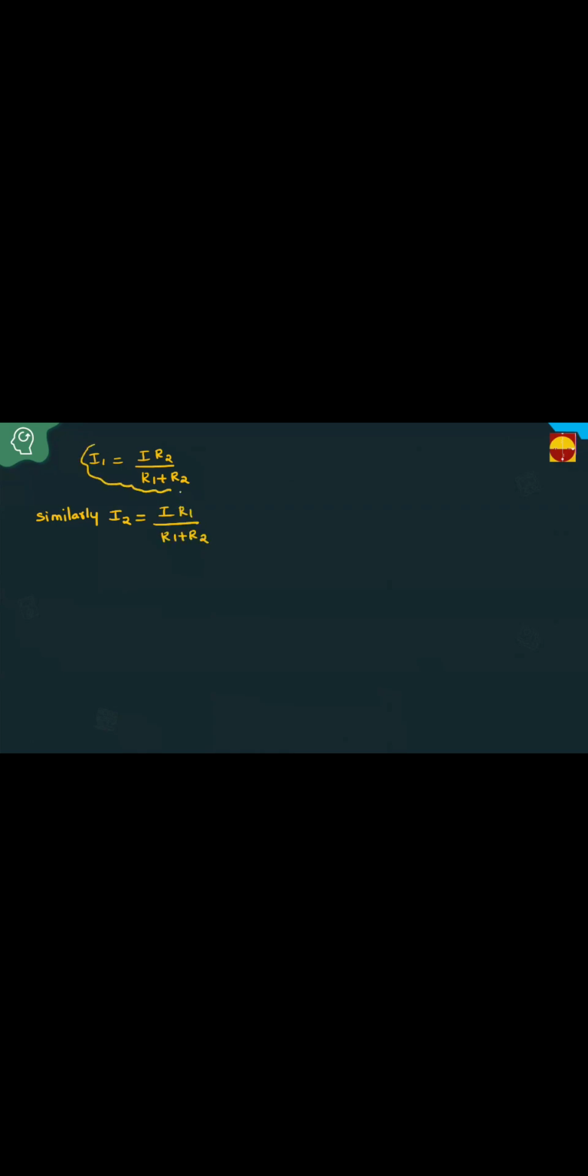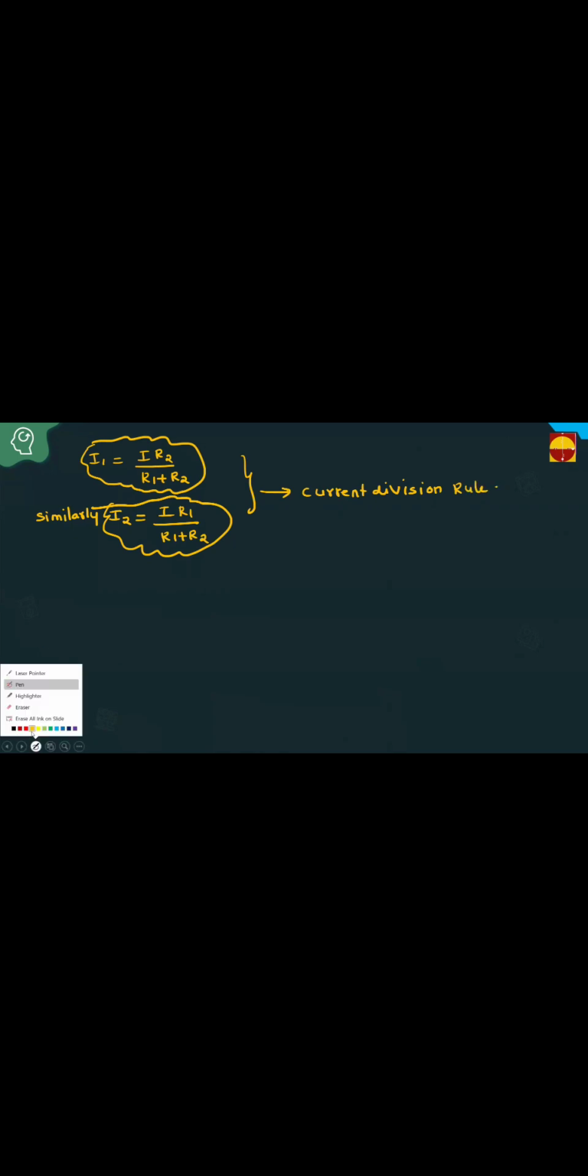These two rules are called the current division rule. Parallel connection, current division rule. Series connection, voltage division rule. Because in series connection, voltage is divided. In parallel connection, current is divided. Next, if two equal resistors are connected in parallel,